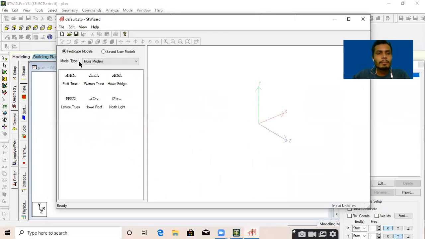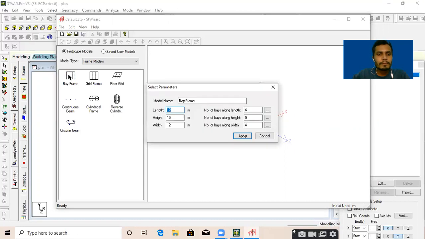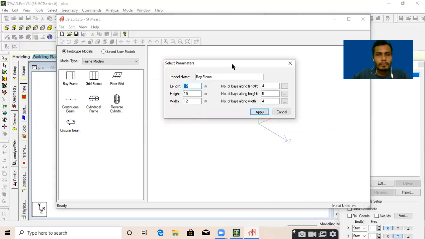In model type, you need to select frame models. In frame model, just double click on the first one, which is bay frame. Provide the length of the building, like there is a 12-meter length.